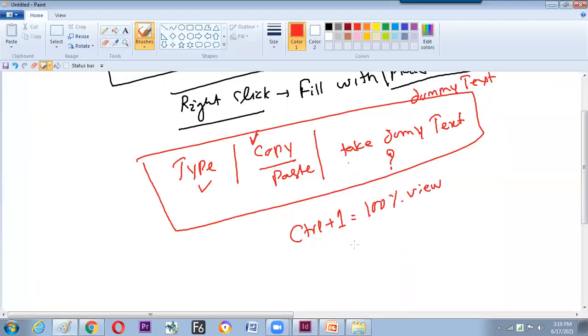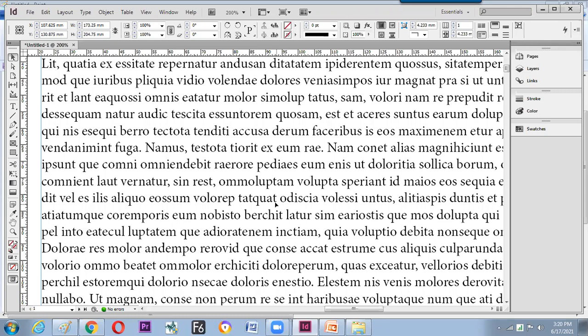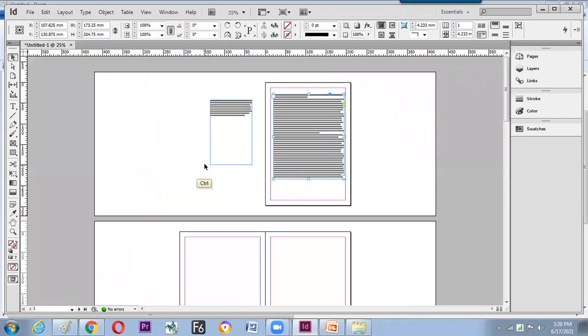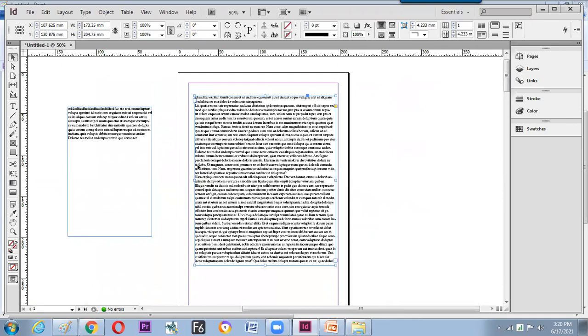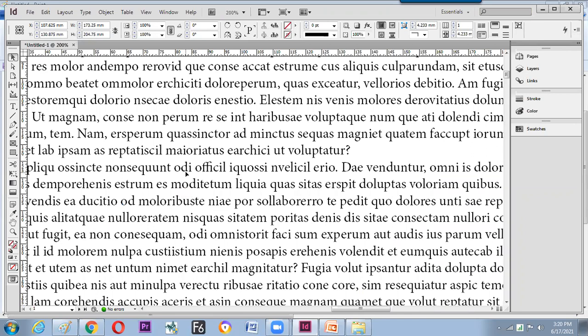These two keyboard shortcuts are often used, which is somewhat new compared to Photoshop. Photoshop always goes Control 0, but here we often use Control 1 and Control 2 to see the text material or any design at 200%. So what happens? Sometimes the text is very small. It will not catch the eye because in this view it is not readable. So immediately we need to switch to Control 1 or Control 2. Immediately it catches your eye.